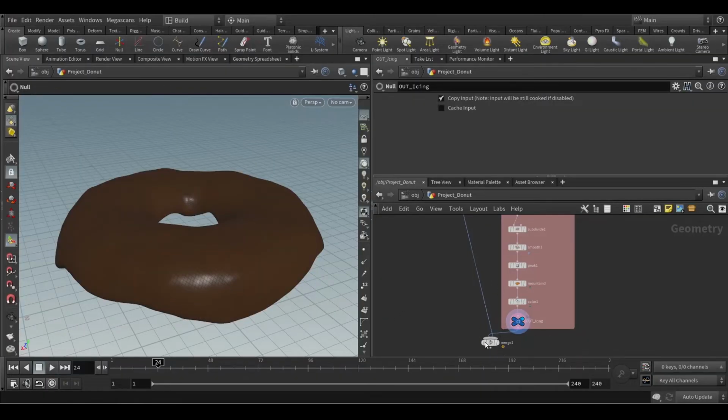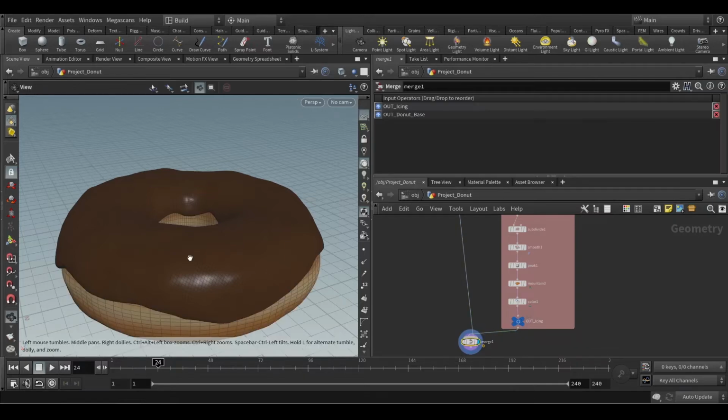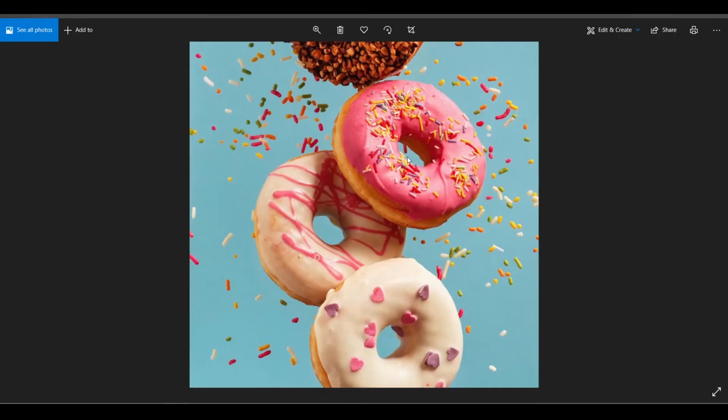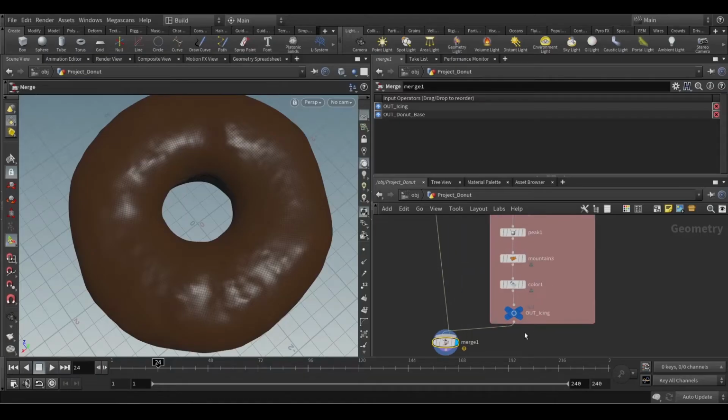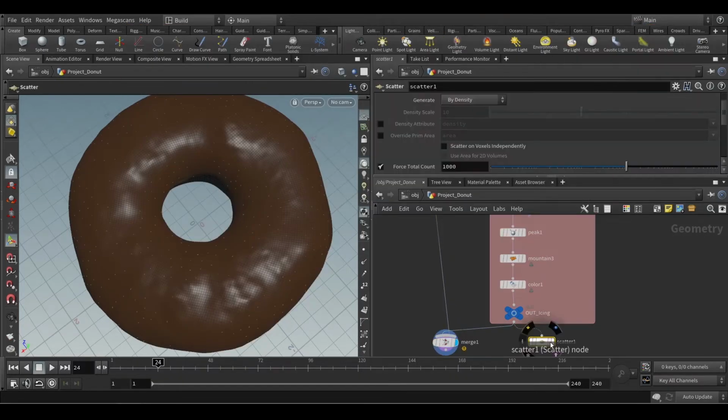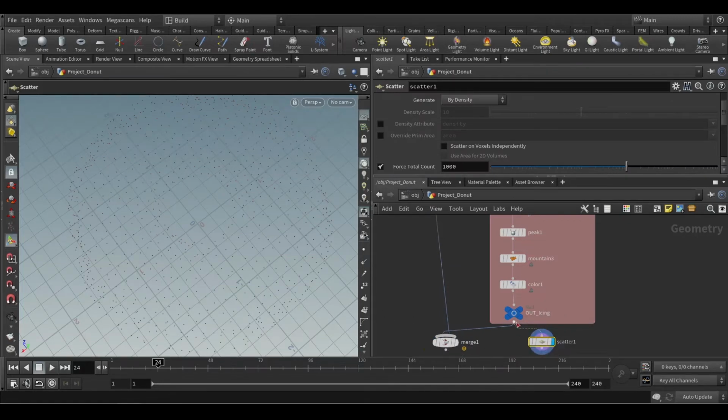So we have our icing and the base ready. So now we are looking for something like this, right? So we need to scatter points, and if you notice, the end part has no scattering occurring, and it has a really different shape than we can get using a scatter. Like if we scatter points on it, then you can see